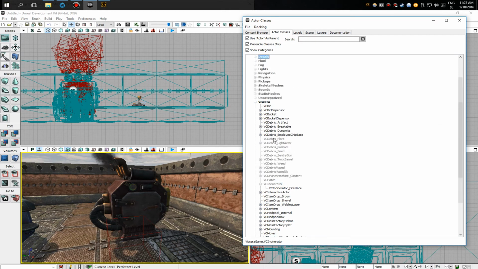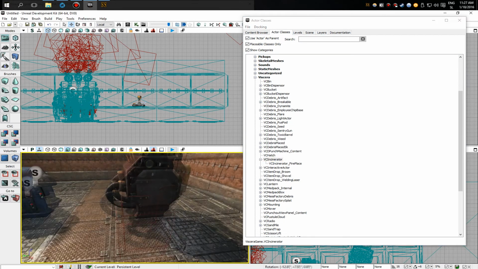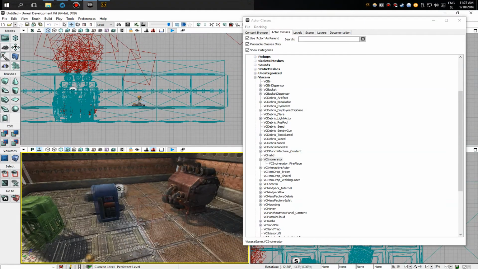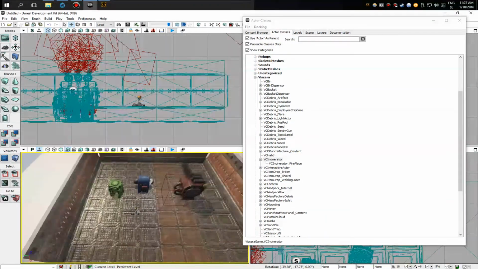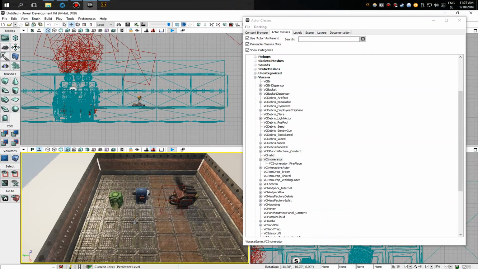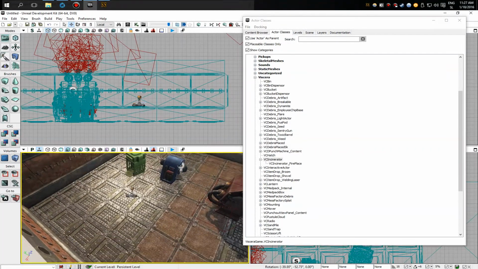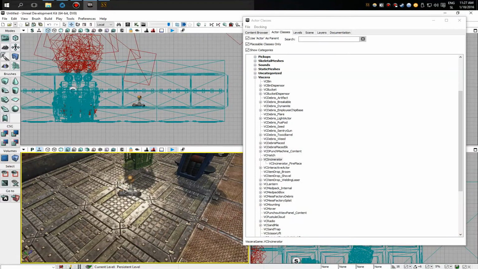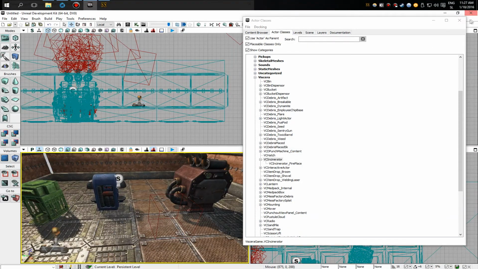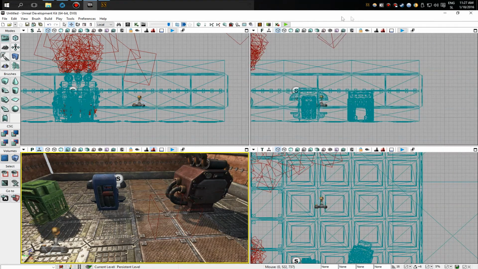Here is located. Alright. So now that we place down the objects, we know how to move them, how to drag them out, how to align them. We know how to place the player start. We know how to place the light, how to rebuild everything and test it in game, and we know